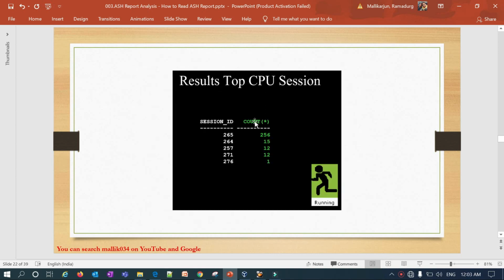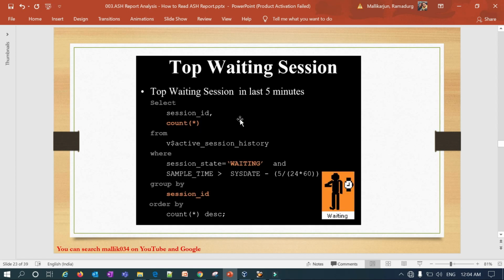And then the result will be like this: session ID, and this many threads are waiting on CPU. For top waiting sessions in the last 5 minutes, you can query this particular SQL, where session_state is WAITING, and you can give the sample time.